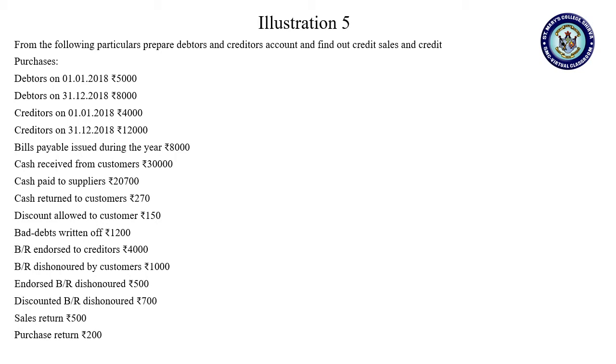Next, bills payable issued. In the previous four problems we were dealing with bills receivable, but in this problem, as we are asked to find out the credit purchase and prepare debtors and creditors account, we have bills payable. What is bills payable? If creditor issues the bill on me,